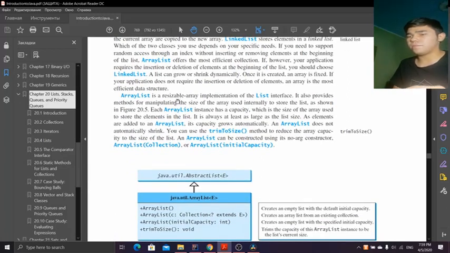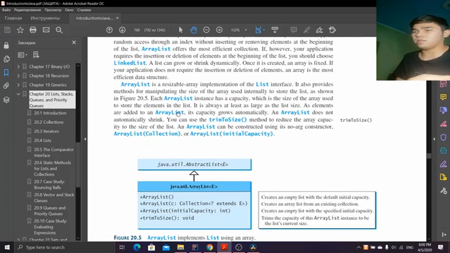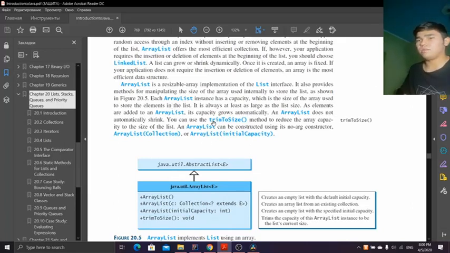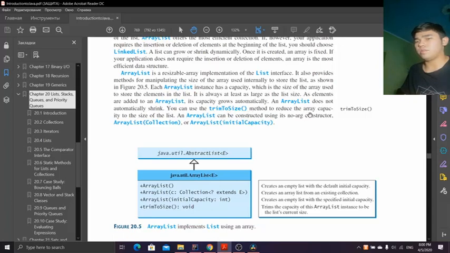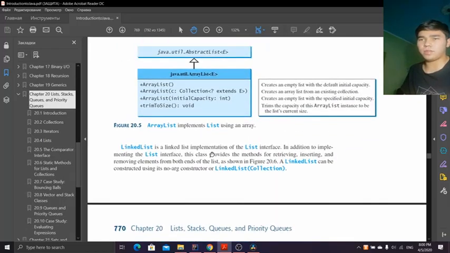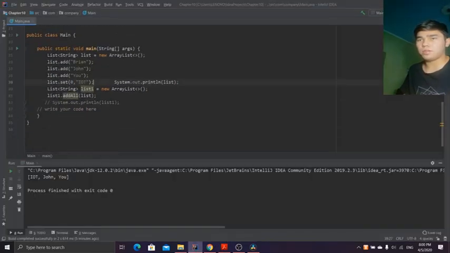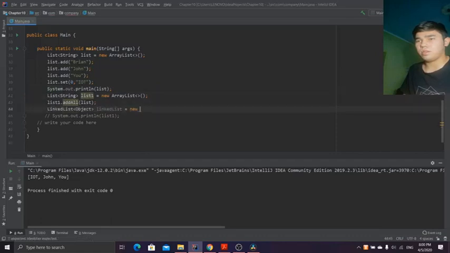The difference between the ArrayList and LinkedList: LinkedList can shrink or grow its size, but ArrayList has only one method to reduce its size. It's trimToSize method to reduce the array capacity to the size of the list. I will show you how it works. And then first I created ArrayList, and then